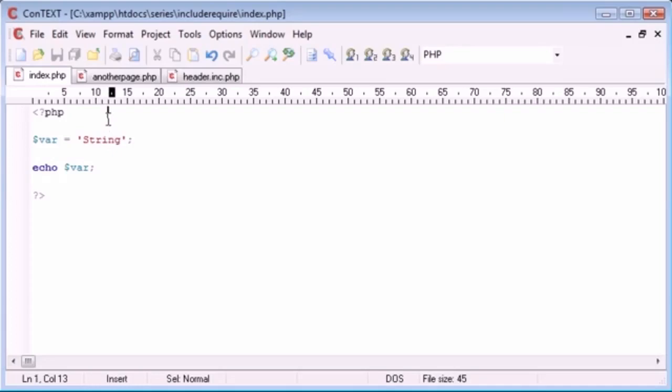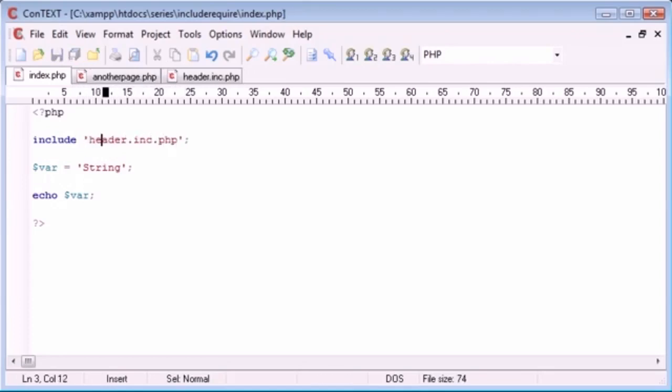Now for this purpose I'm going to be using include, and I'll tell you why just later. So we do include, and we create two single quotation marks or double quotation marks. You can also wrap this in brackets, but I just tend to prefer to use this method. And I'm just going to simply say